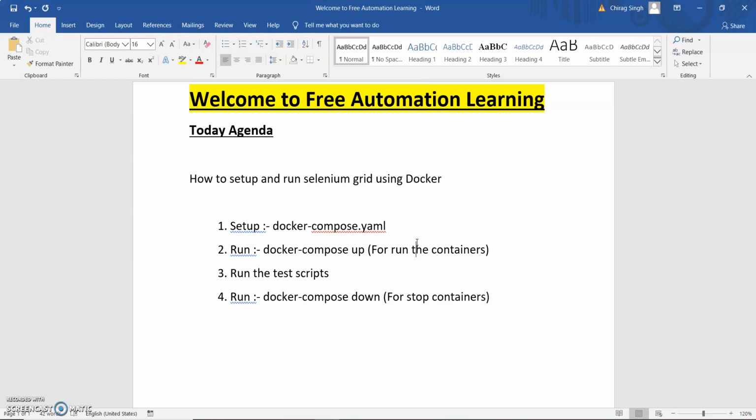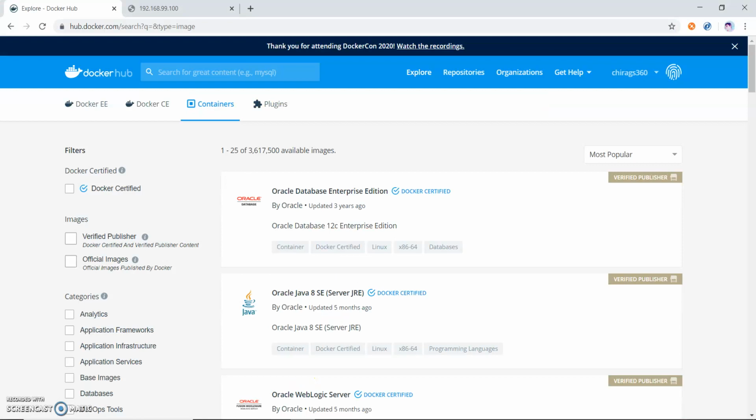The same thing we write in the docker-compose.yaml file: this node is dependent on that hub, so before launching this container you should open the hub container. All these things we set up in the docker-compose.yaml file. We will see how to set up this file, then run docker compose up and run the test script. Before going further, let me open Chrome.